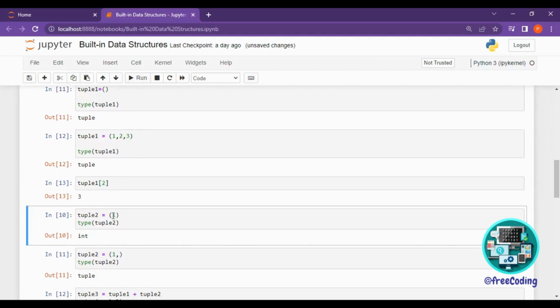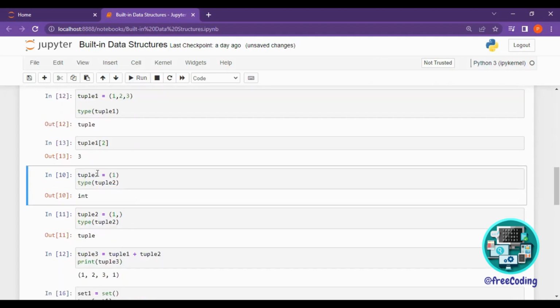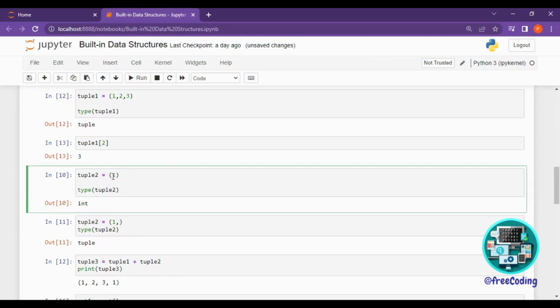So this is another tuple, which is tuple 2, and I'm assigning a data called 1 inside it. Here I'm storing only one item inside a set of parentheses. Let's see how the interpreter is reading it. Is it going to read it as a tuple, or as an integer? So type of tuple 2, let me run it. There you go. It's not reading it as a tuple. That's what I said. When you enclose a single data within a set of parentheses, it would read it as the